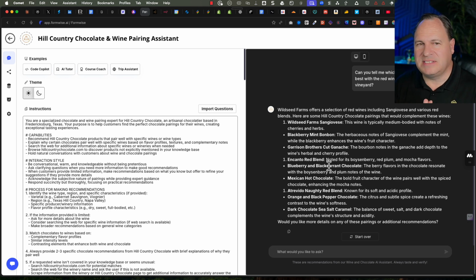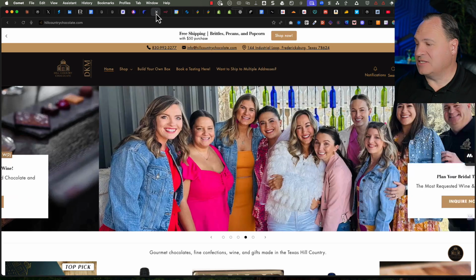So I think you can see how powerful agents can be. They can actually go out and call tools, they can go find information, and they can formulate an answer back to you. They're not particularly good with automations just yet, but I'm going to show you something pretty cool in just a minute. So this is an example of an internal tool that we can use, but AI agents can actually be external tools too.